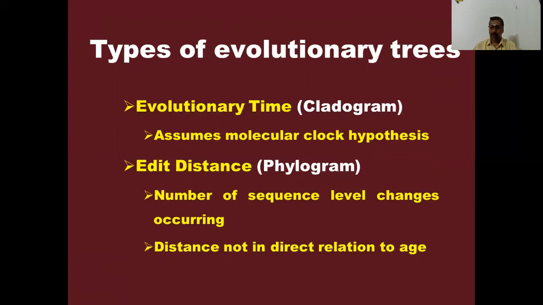So what is a phylogram? You can predict a phylogram purely based upon the differences existing between any two sequences, which I am going to handle in my subsequent slides. The number of changes in the characters across the sequences is used to predict a phylogram. Here you can see distance is in no way connected with age. So what we understand from this slide is that a cladogram is not as sensitive compared to a phylogram. So we should always give more preference to predicting a phylogram.